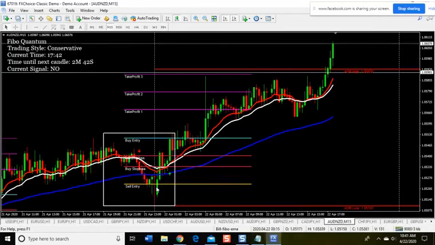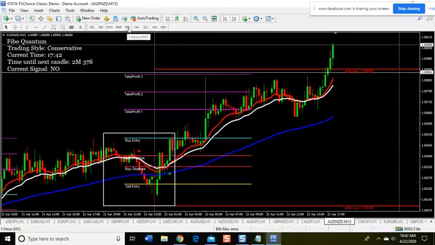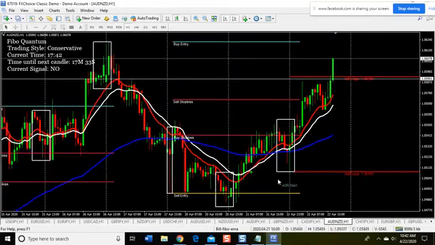And this just, wait, it wasn't right there, was it? Wait, we're on the wrong chart here. Let me get to the hour chart here. I want to show you something on the 15-minute chart there as well. This is AUD NZD. We took a short position here, and this just went right against us.